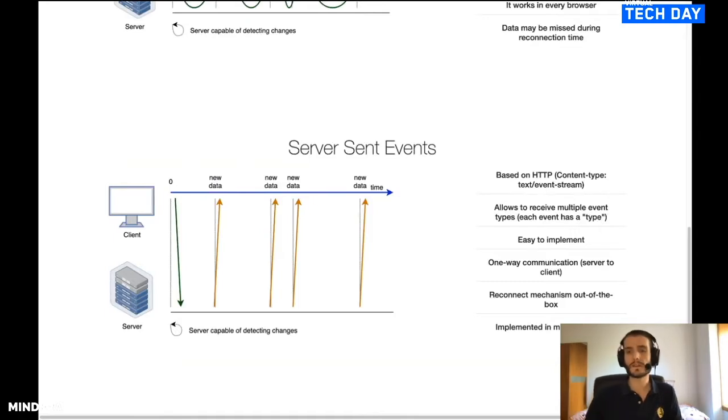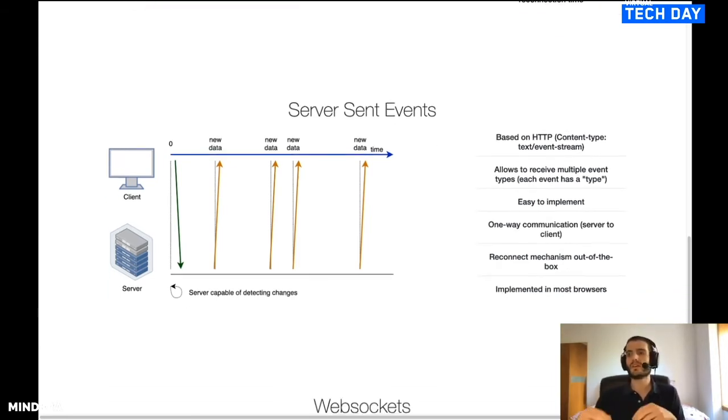Okay, now let's move on to the server push approaches that I chose to show you guys. The first one is server sent events, and you can now clearly see that it is a very different approach from the other two I showed before. So the server sent events, basically, it's still HTTP. The client still makes an HTTP request, and the only thing that is really different from a normal HTTP request that we are used to is the content type. As you can see, for server sent events, the content type is text event stream, and okay, the name says it all, right? So we are expecting an event stream of type text,